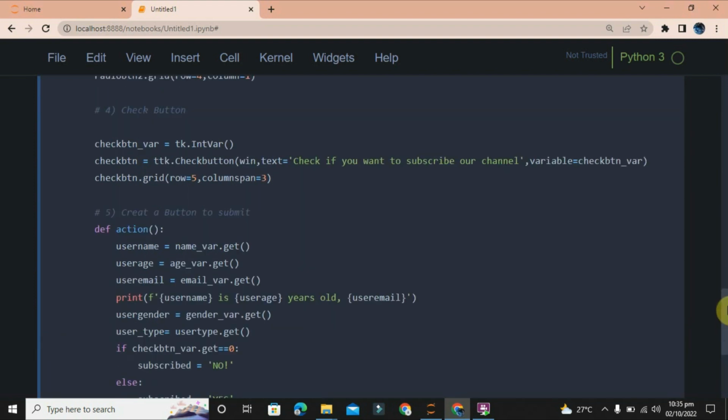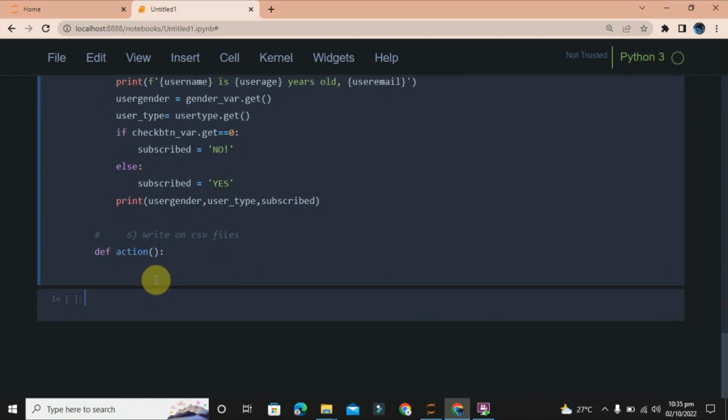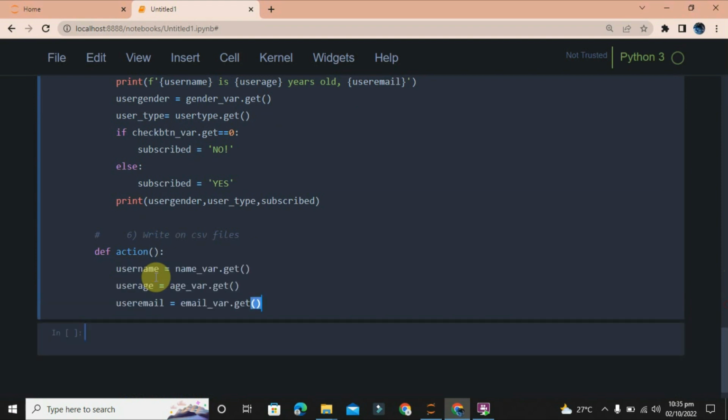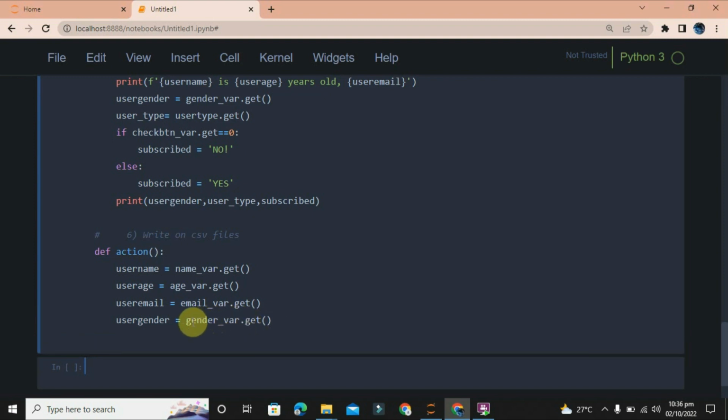So the same thing which we have applied here. I need to copy here that username variable, user email and user gender. So I have these three things: username, user age and user email. Another thing that I needed is user gender. So I have created a gender variable, and dot get. By using this, it will get the value stored in the gender variable and store